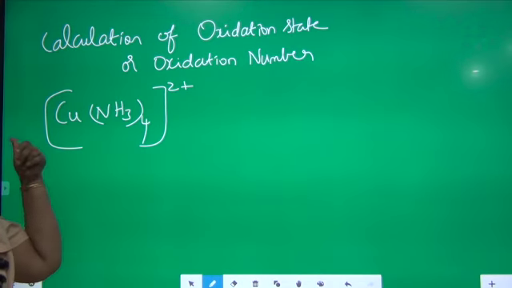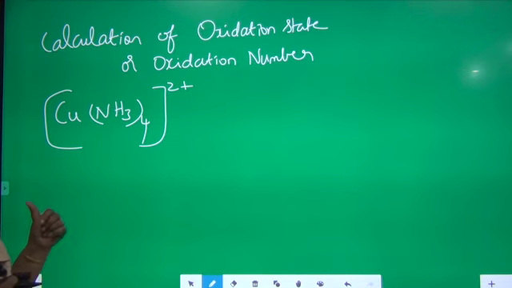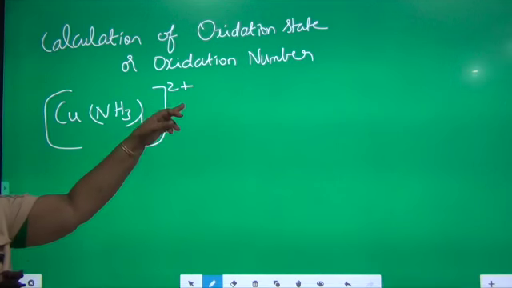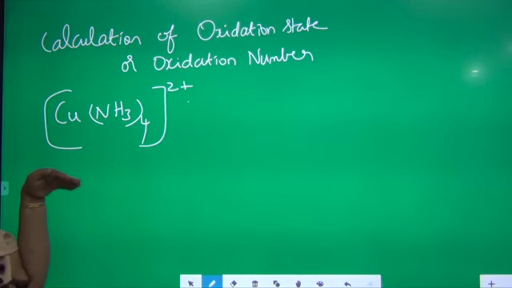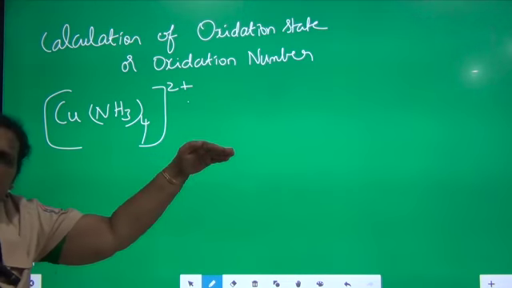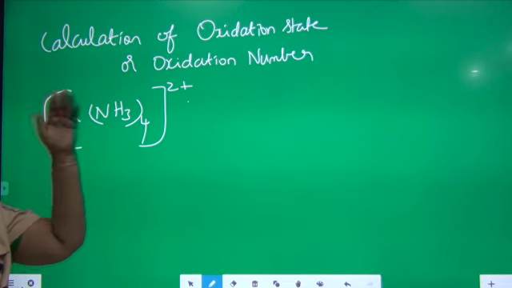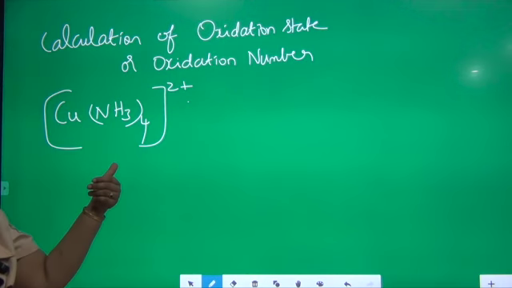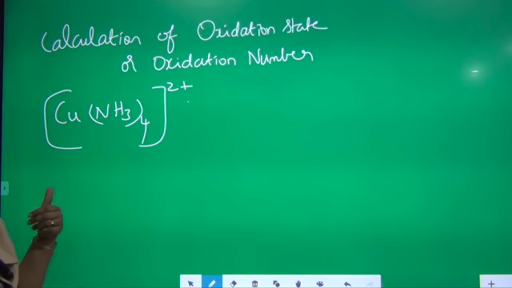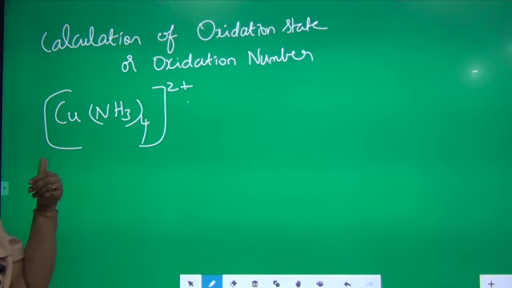The oxidation state is nothing but the algebraic sum of the charges of the central metal ion and the ligands, which should be equal to the charge of the complex ion. So first I gave the oxidation state definition. We have given so many ligands with their charges. Now I wanted to work out examples. The first one is tetraammine copper 2 ion. Here I wanted to find out the oxidation state of copper. I don't know it, so I am taking it as X. It is unknown.